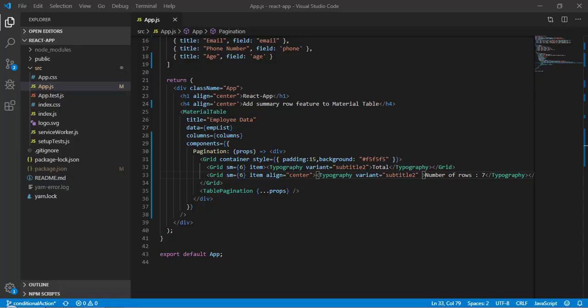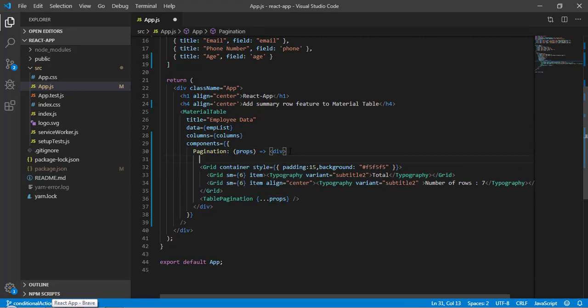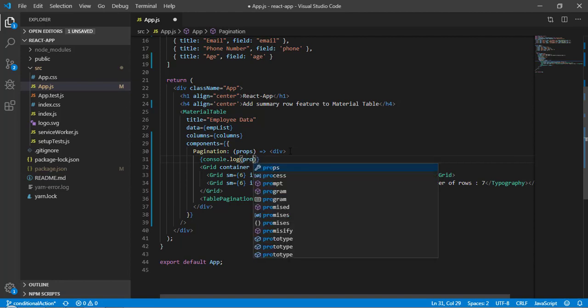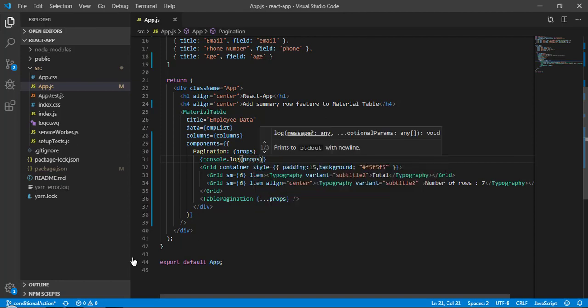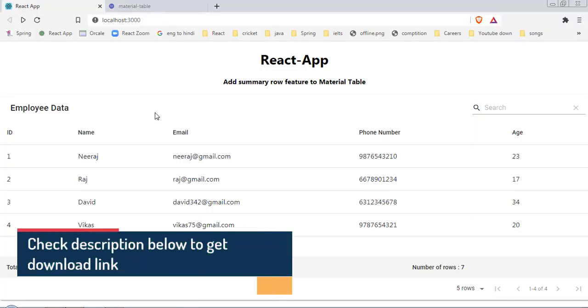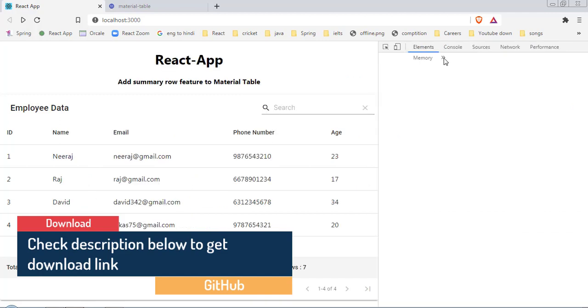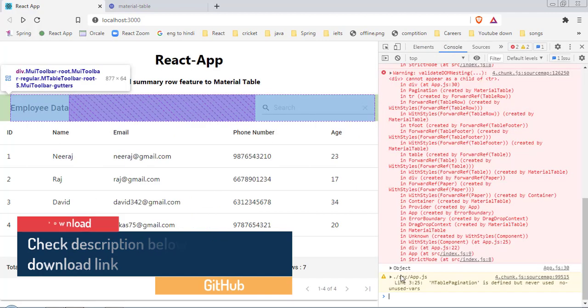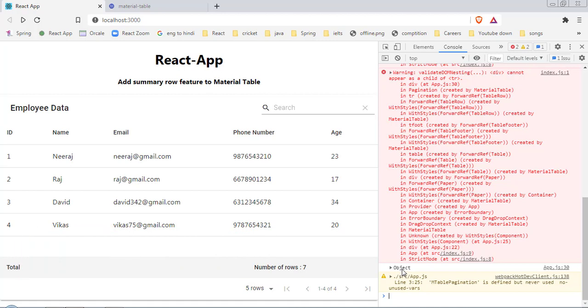So for that, what we can do is console.log the props we are getting. So here I am going to do console.log of these props. Now save it, come back here, right click and go to inspect. Select your console, and you can see I have one object.